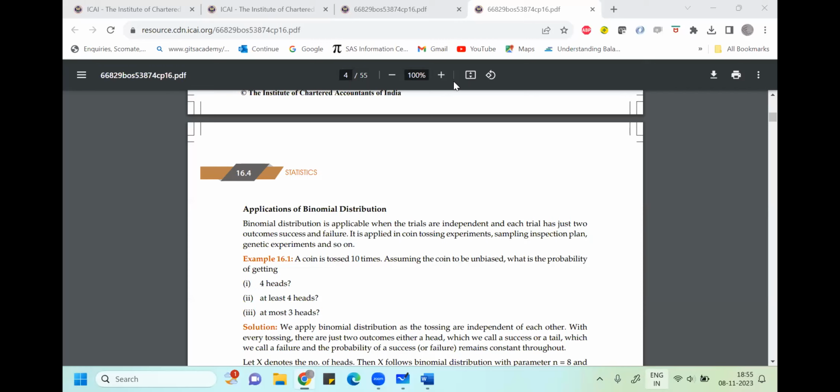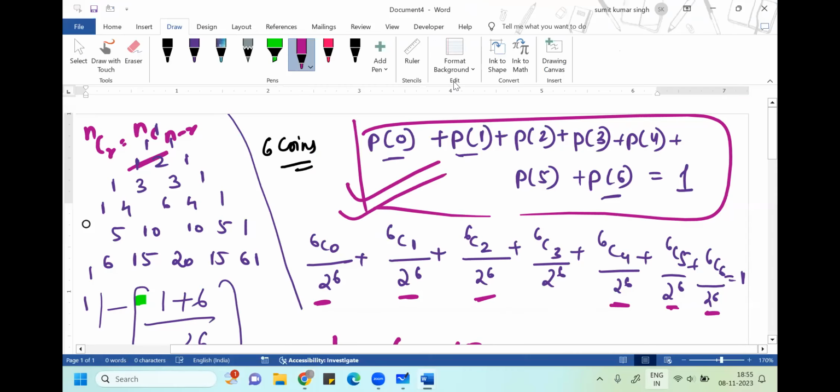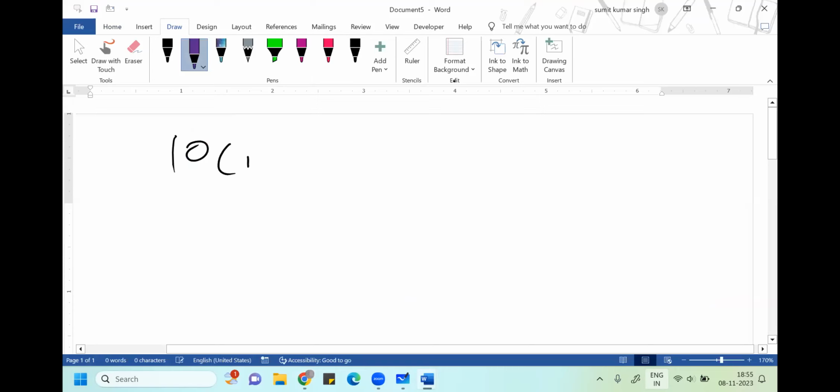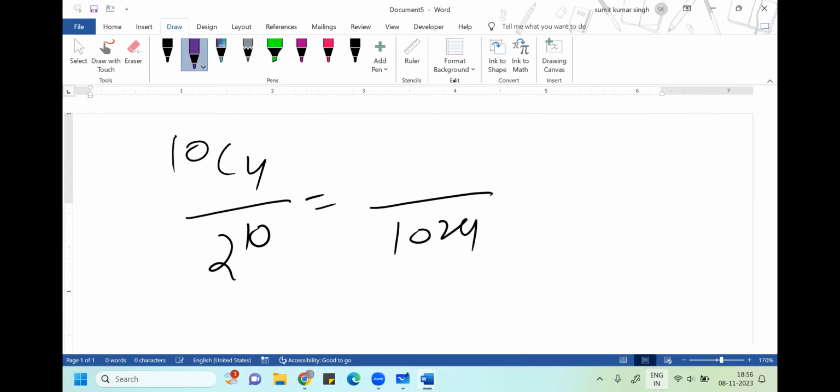Okay, so the coin is tossed 10 times. What if you're already getting 4 heads? Please don't waste your time. 10C4 by 2 to the power 10. You should know what 2 to the power 10 is: 1024. What is 10C4? If you don't know 10C4, what do you do? Write